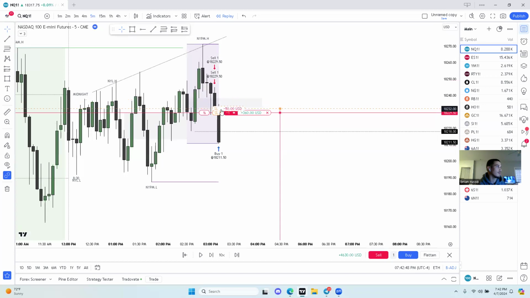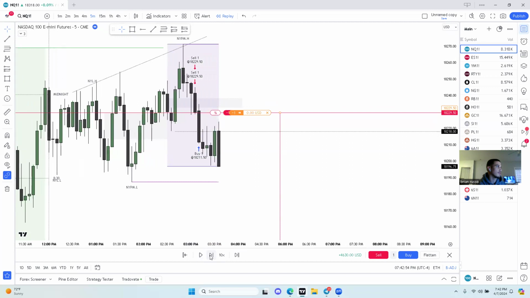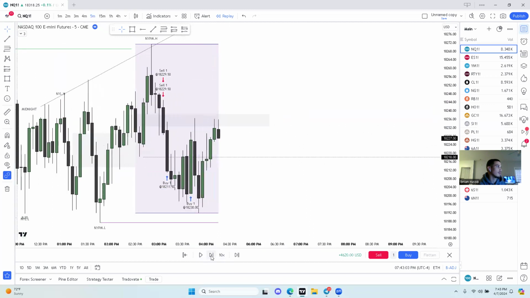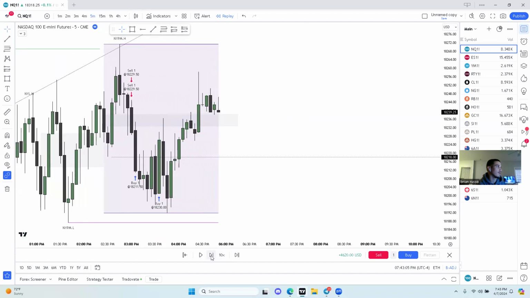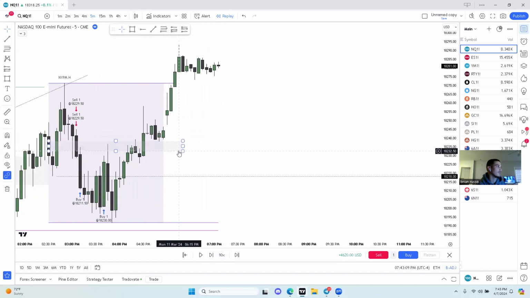One off the table there. Hopefully we don't turn around and stop at break even. Should just dump. Want to see us dump here. Boom. No dump. It's all good. Let's see if it works out though all the way to the full TP. I don't see why not. Yeah, okay, the market's just not bearish here. It's just bullish, so